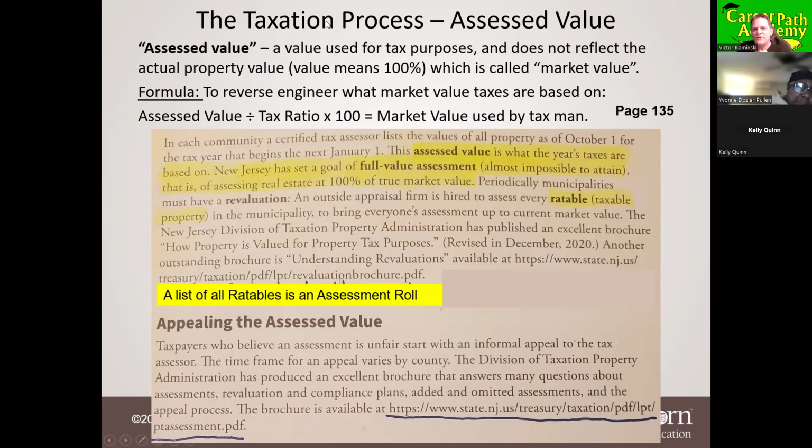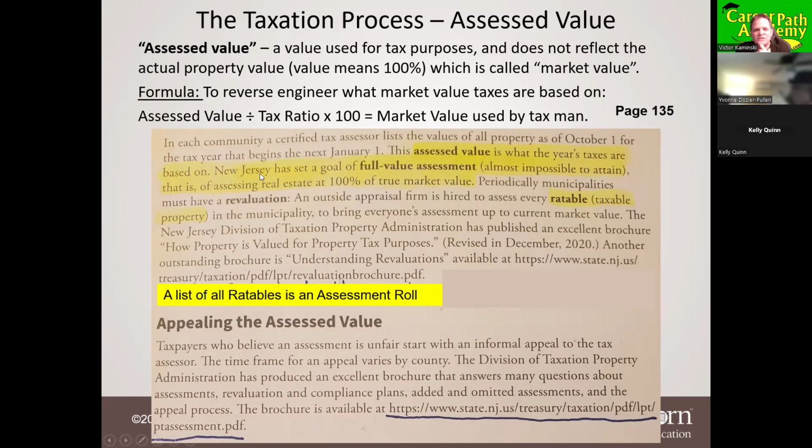So they came up with this other nonsense value here so that most people can't really argue whether they're being overtaxed or not, because they just see that figure and it's usually way lower than what the actual value is. And so they're just like, I better keep my mouth shut and my taxes going up because my house is worth more than that. So let's just highlight here.